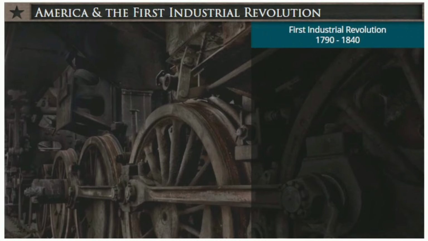The First Industrial Revolution began in England in 1760. It spread to Europe and then made its way across the Atlantic to the United States around 1790. During the First Industrial Revolution, textiles was the dominant industry. Textiles are fabric or cloth materials often produced by weaving. The textile industry deals with the making of fabric, including fabric used for clothing.